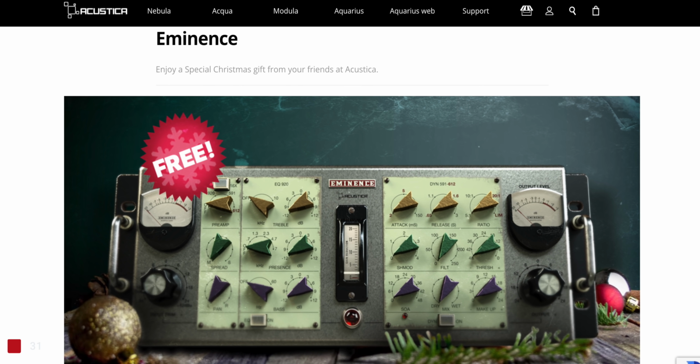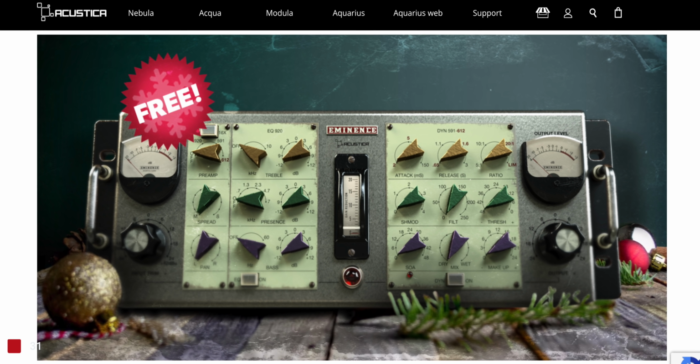The next one is from Acoustica. It's called Eminence. It's a channel strip plugin that features a 3-band EQ and a compressor. Both emulate some classic hardware. Get it free